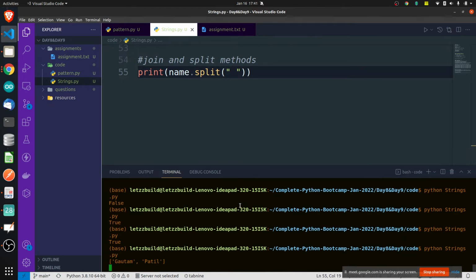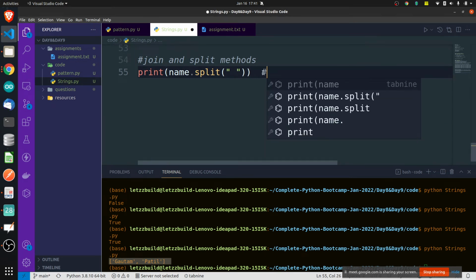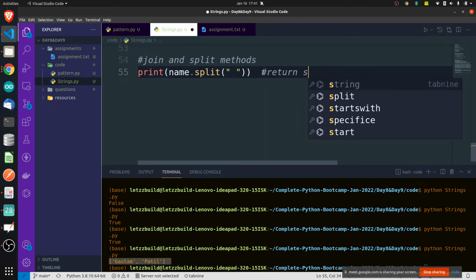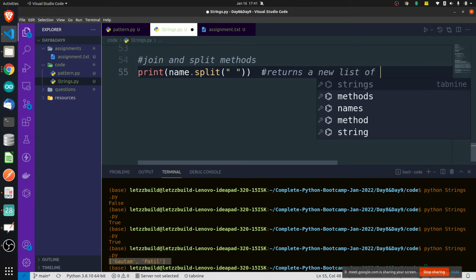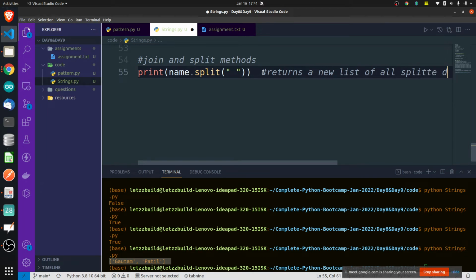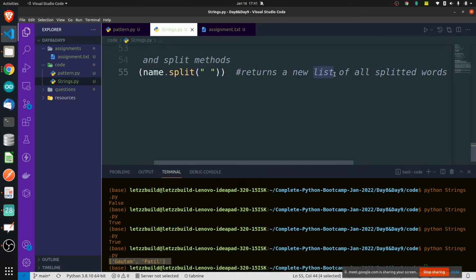Now it is going to return a new list. A very important point to remember is that it returns a new list of all the split words.